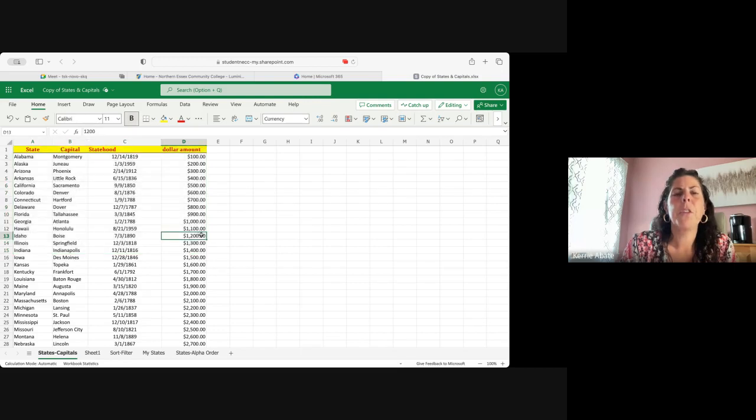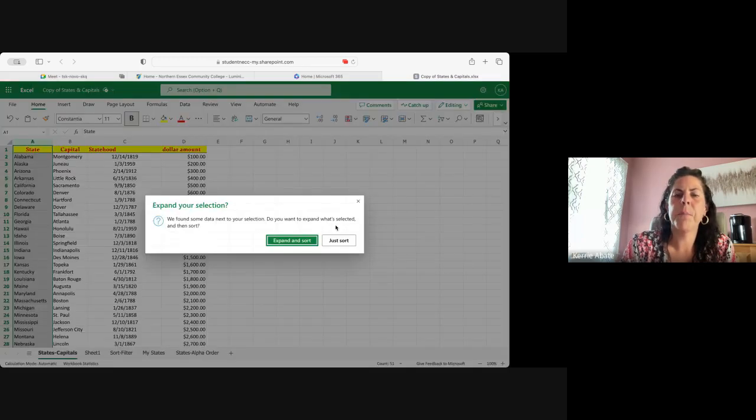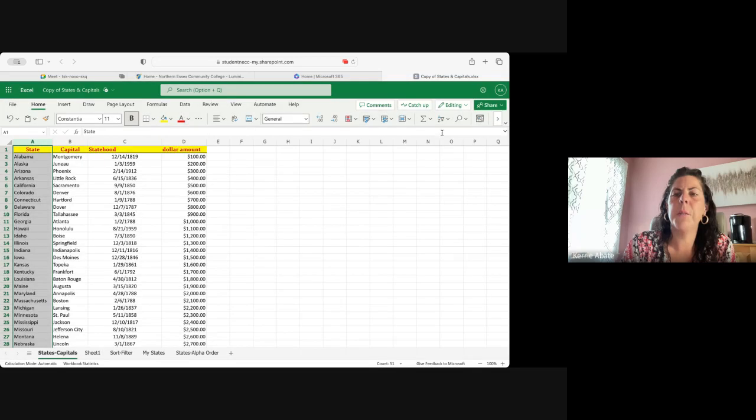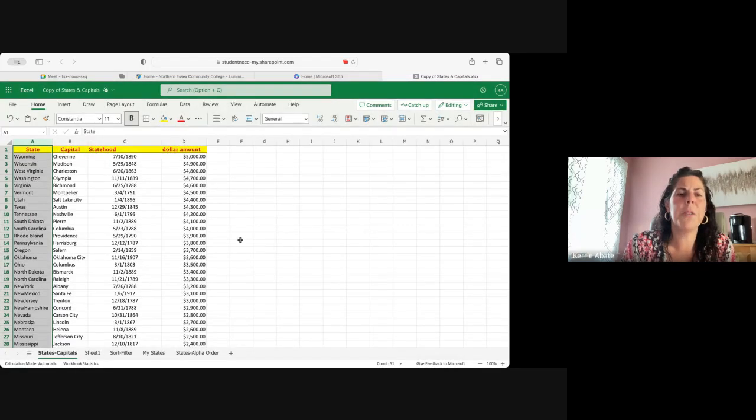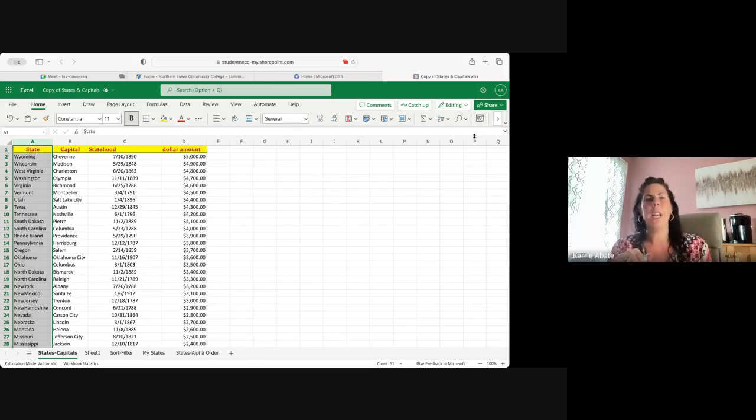Okay. So we went over those sorting features. You can sort just this column. You could do it descending and expand your sort. So now it's from W to A. You can do that. You can also